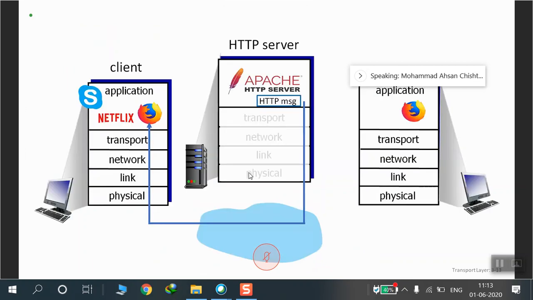Now, to begin with, we will go about explaining each one of the functions that I had mentioned in the previous class. And the first one that we will come across here will be multiplexing and demultiplexing. So let's understand what is multiplexing and demultiplexing. Now, in the picture here, what you can see,